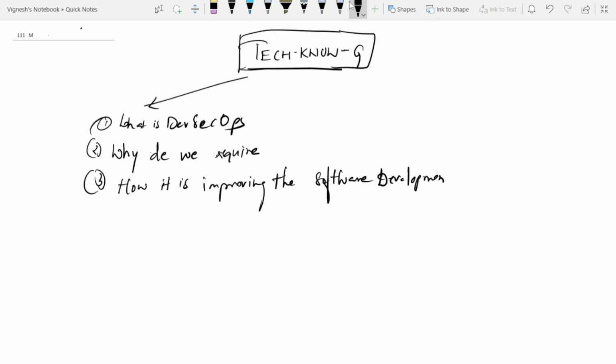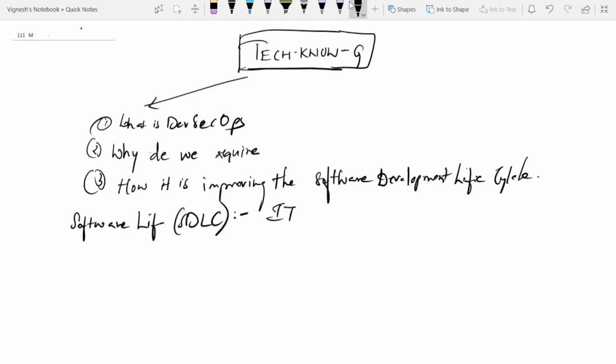As I want to go with the basic things, I will tell you everything. Just see what the software development lifecycle is. The software development lifecycle is also known as SDLC. IT people, whether a developer, a DevOps engineer, a tester, or any kind of security person, can understand what SDLC is. SDLC is basically a process or a procedure,